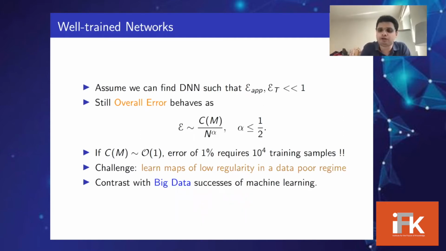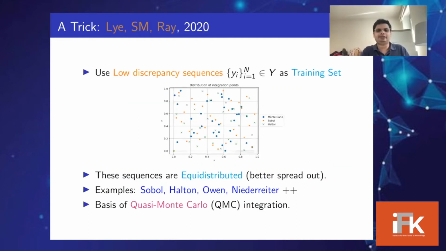And this is a big contrast between classical machine learning and computer science. You have big data. Here, we don't have so much big data. We have small data, and still we have to somehow use this, right? Can we exploit this? And it turns out that we can, but we have to use a lot of tricks. And the first trick that I can tell you here is that